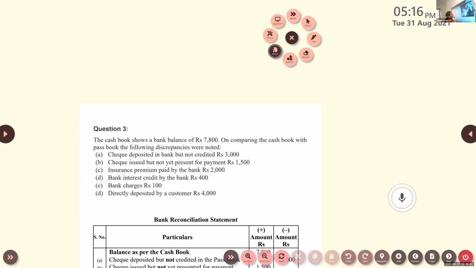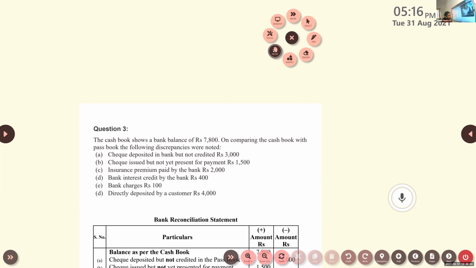Check issued. I'll tell you. See. Take both the hands. Left hand is the passbook, right hand is the cash book. Check issued, check gone out. So in the cash book, it got reduced. Check gone out. Now to make it matching, we have to bring it up. Bring it up means we have to add it back.